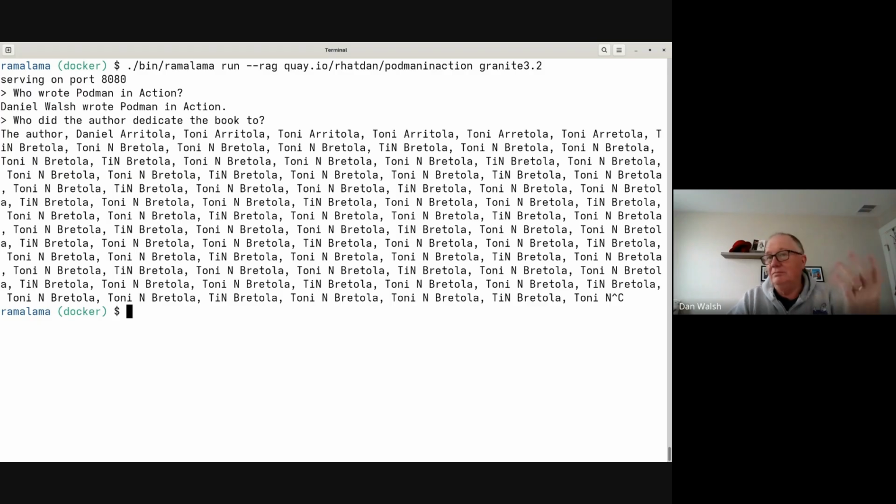Okay. So basically, I had the book on disk, and I pre-compiled it into the image. Now I'm going to run it with the model again on the system. And this time, if that model was stored at Quay.io,